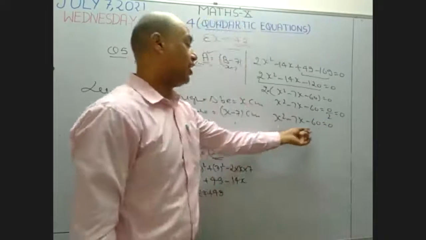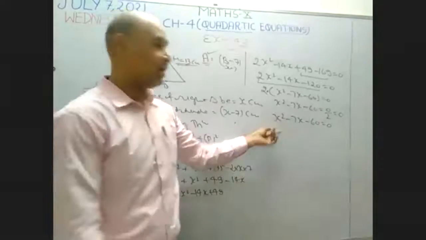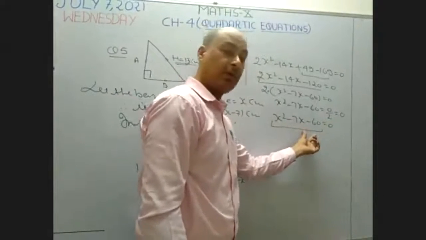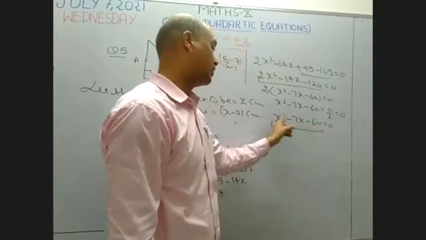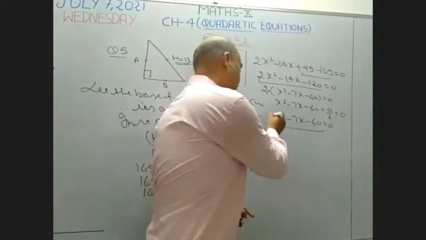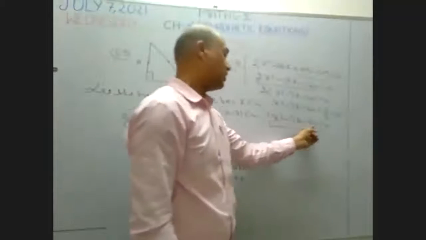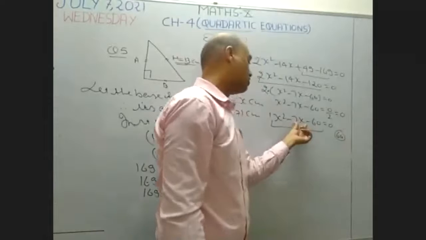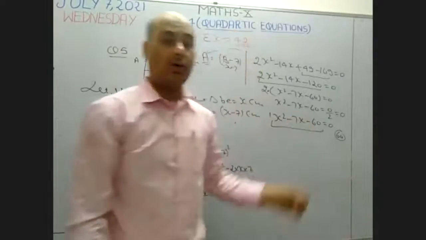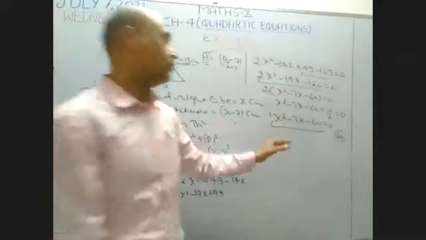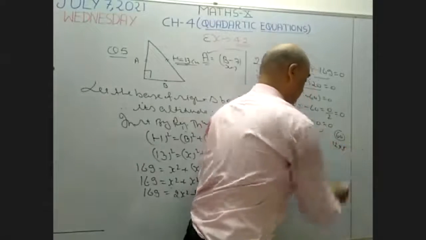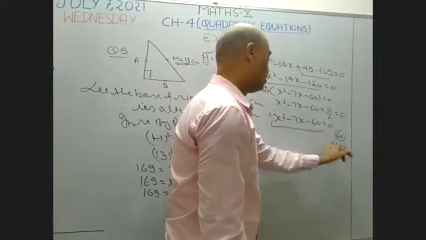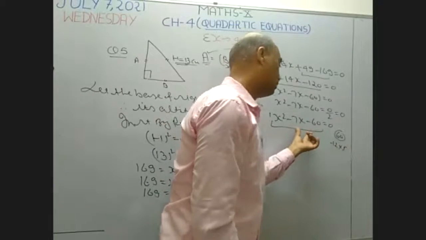Now you have to make the factors of this equation. I want to leave this factorization part for you. Write it yourself. What is the first number? x. What is the last number? You have to make the factors of 60, whose product is 60 and whose difference is 7. 12 times 5 is 60 and 12 minus 5 is 7, so 12 and 5 is the answer. Take the negative number to the 12 and the positive number to the 5. In this way, you can solve the given equation.